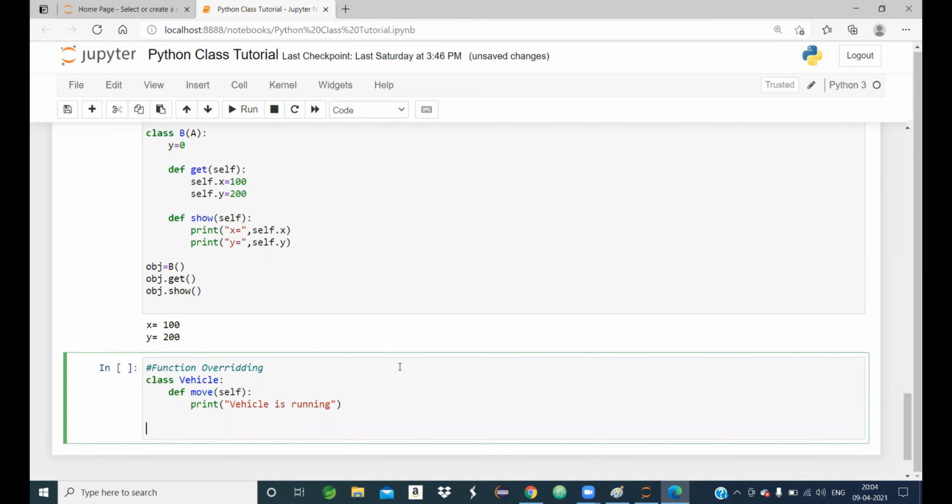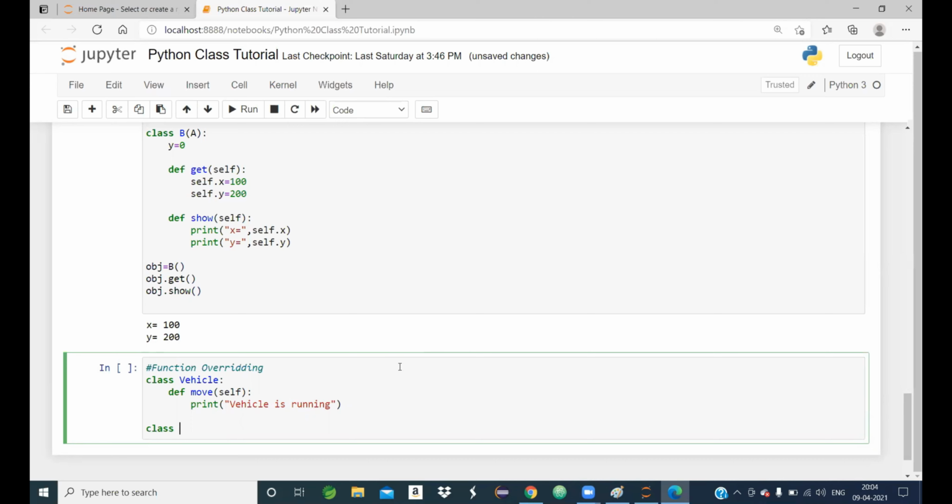Now I came out from the class. So Vehicle is a class, one function named move I have defined, with simply one output statement.